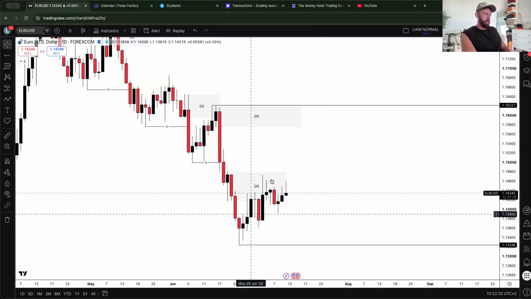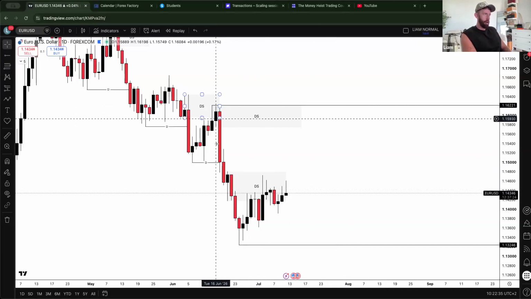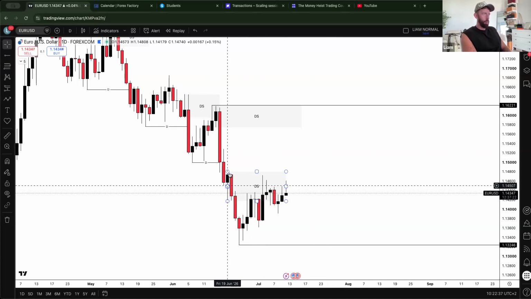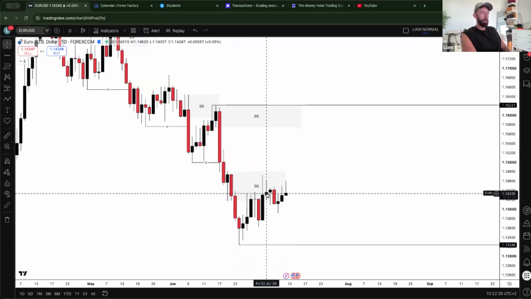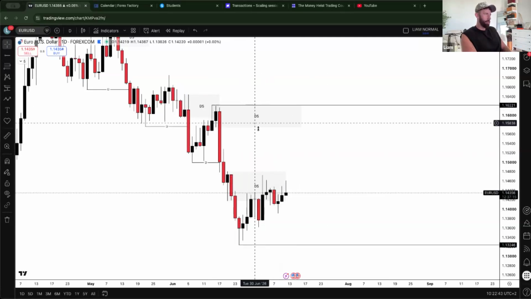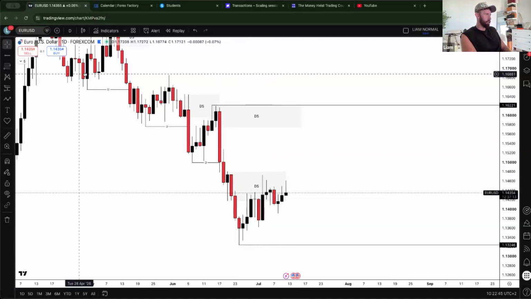But at this moment in time, we're still in this daily supply area. You can see the market moved down, then we had this pullback and then we moved down again. So that is a valid supply. Is it my favorite? As I said yesterday, no, it's not. This would be my more favorable one, but it's still a valid zone.